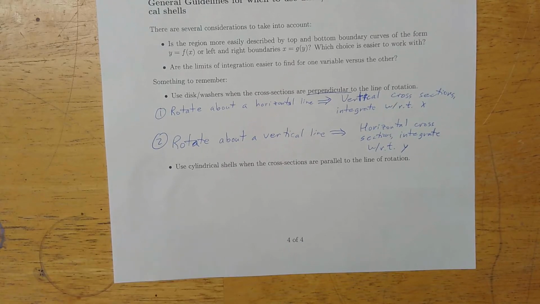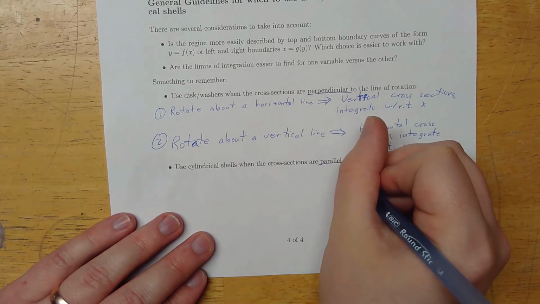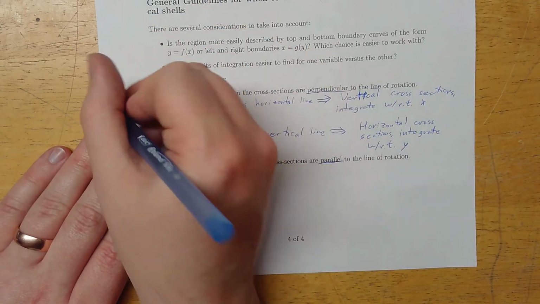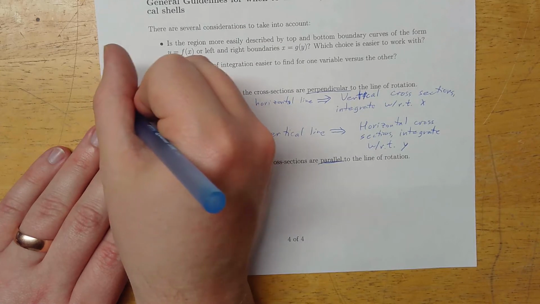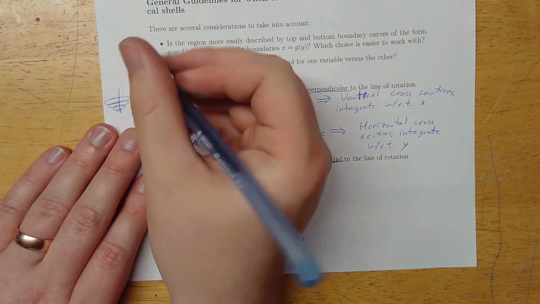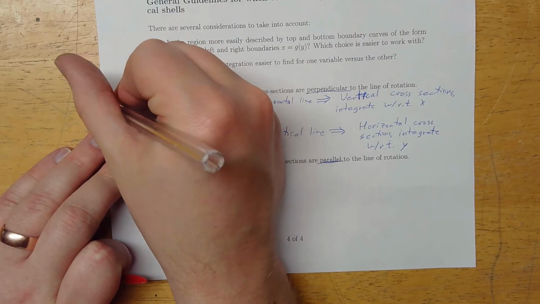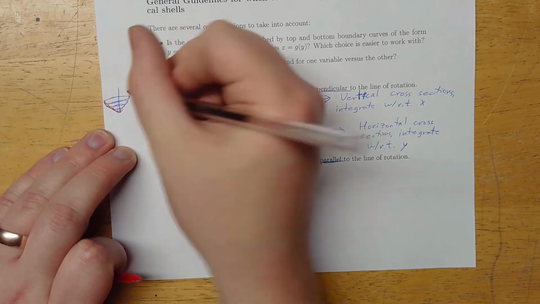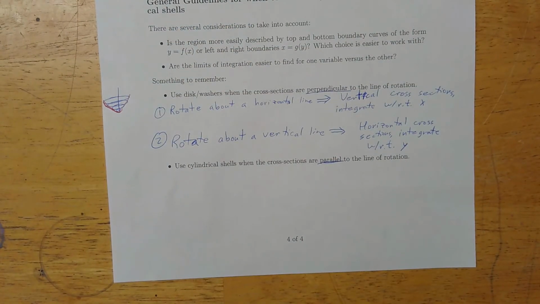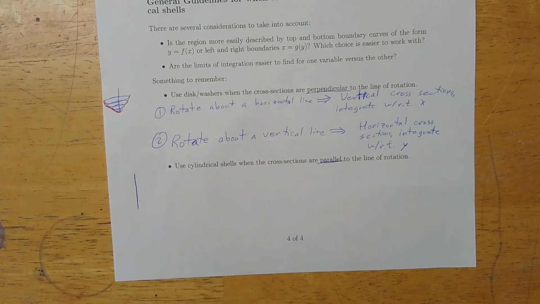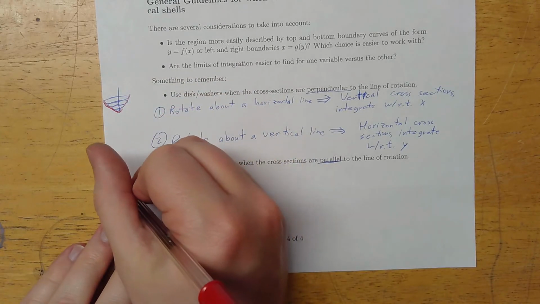Other times we want to use these cylindrical shells, and that's when we want to have cross sections that are parallel to the line of rotation. So here with these discs and with these washers, we're essentially taking a bunch of shapes like this to find our volume. When we're dealing with cylinders, what we're instead doing